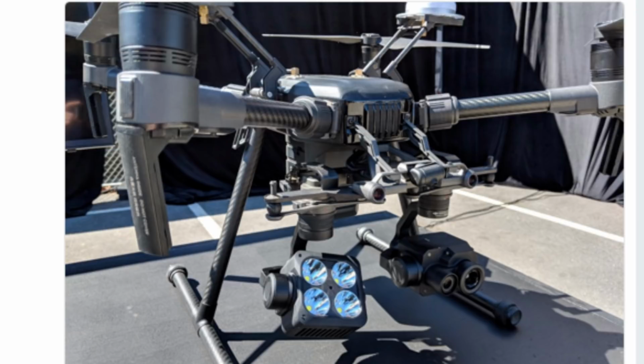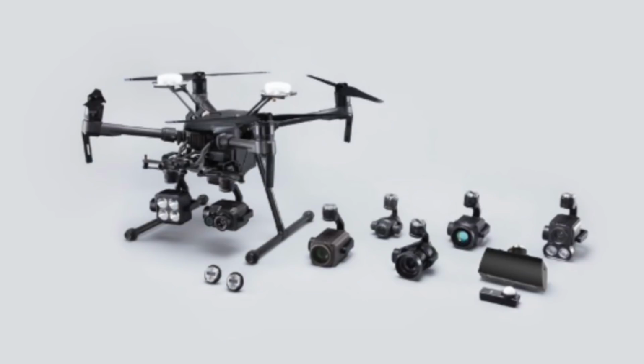I'm going to throw the last slide up here. With the new Zenmuse XT2 and Payload SDK, the M210 platform is more versatile than ever. Just imagine what future payloads might entail. This is significant, and the applications are going to be, I think, very obvious here. Fire departments, search and rescue,